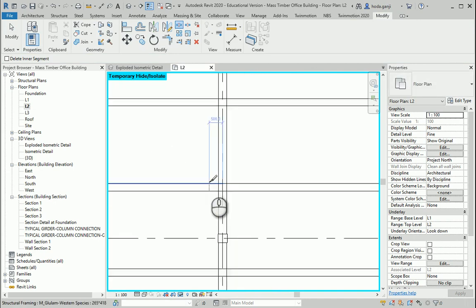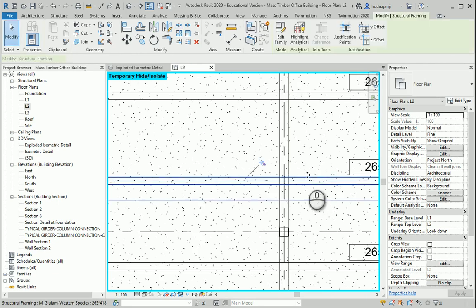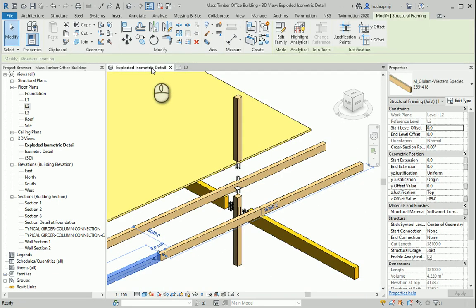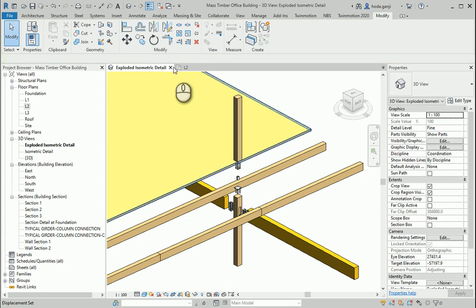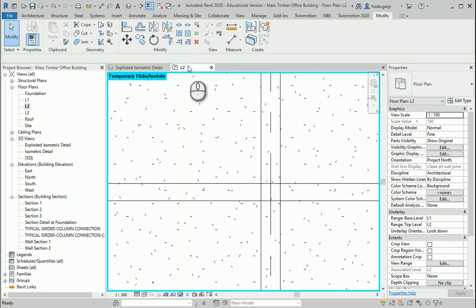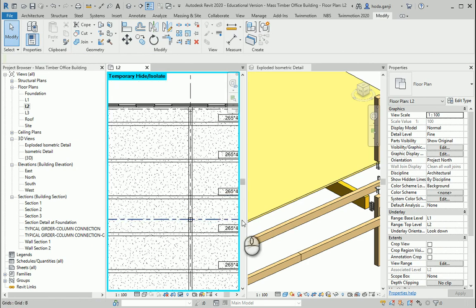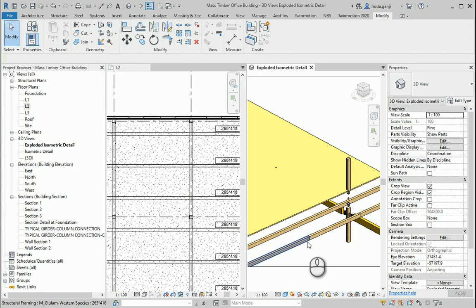Okay, and maybe here as well. How about I put the two views next to each other? I might crop this part of the view later because I'm not showing the column next to that one.